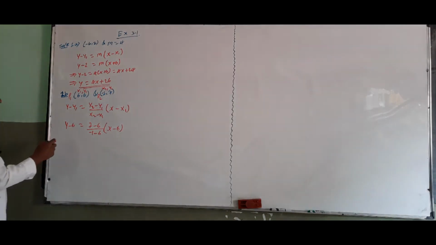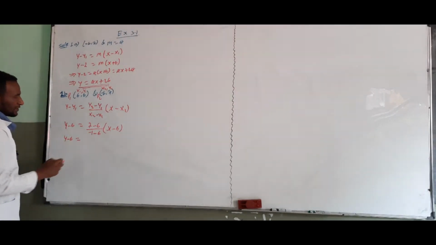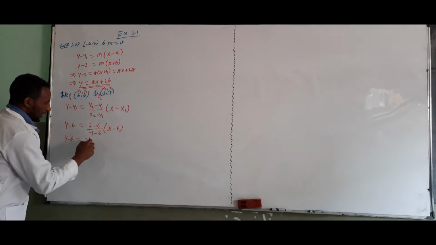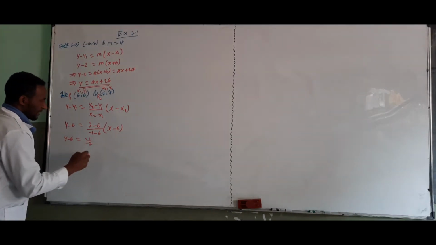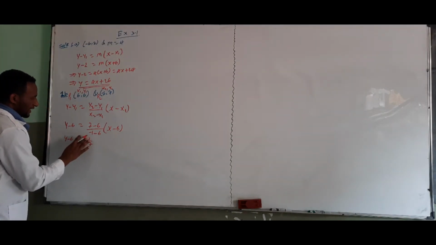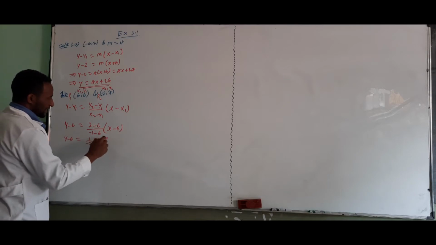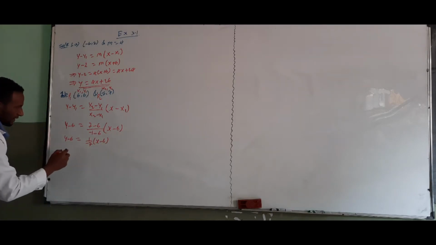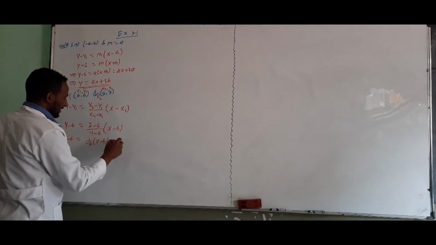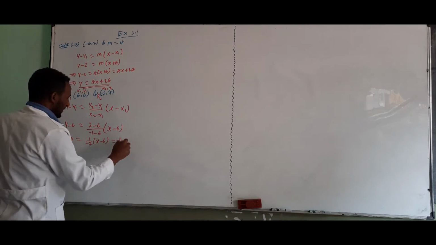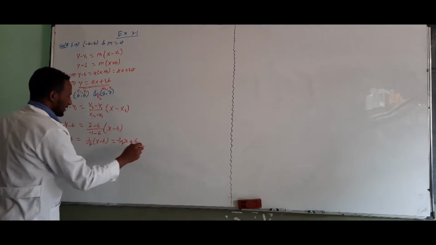Then y minus 6 is equal to 1 over negative 7, that is negative 1 over 7, times x minus 6. Then it becomes